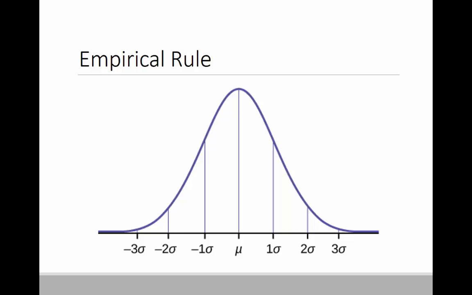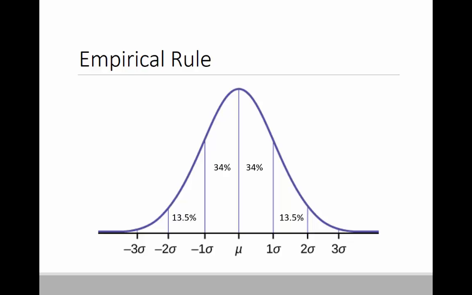Using the empirical rule and symmetry, we can then conclude the following percentages under our normal distribution curve. Roughly 34% of the data is going to exist between the mean and 1 standard deviation, either above or below the mean. Roughly 13.5% of the data is going to exist between 1 and 2 standard deviations, either above or